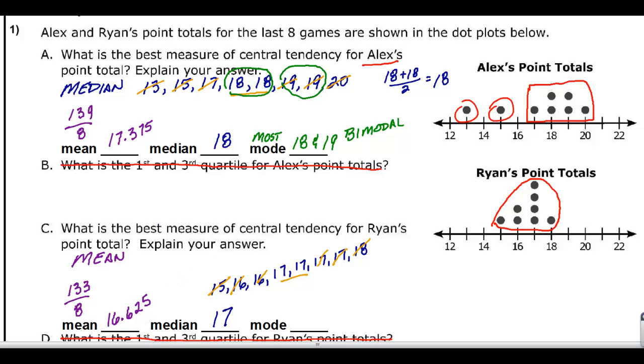And as far as the mode goes for this data set, we've got this big cluster of 17s, you can see it right there on the chart, big cluster of 17s. So 17 would be the mode. All right, so that's your work on problem number 1. After you've had a chance to think about this just a little bit, then look over at problems 2 and 3.